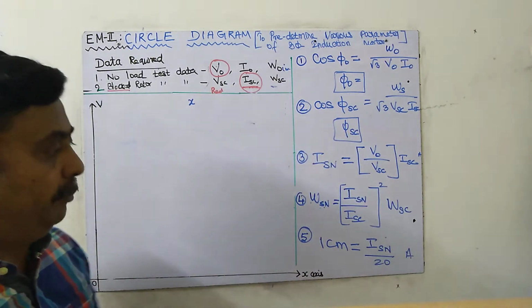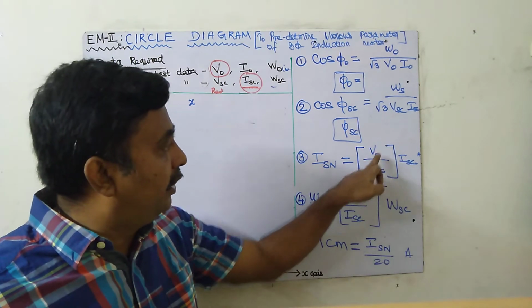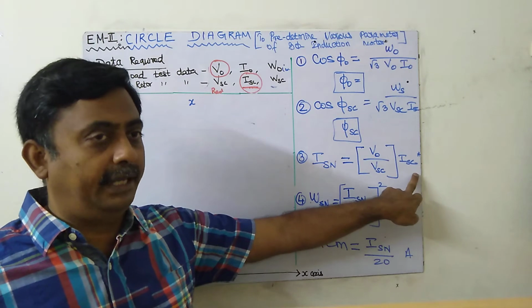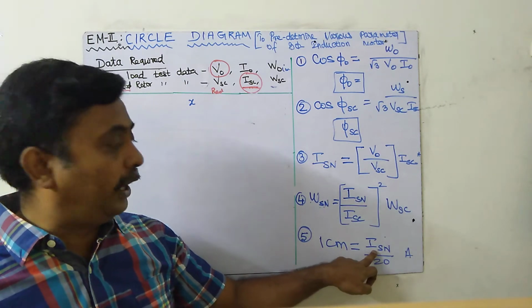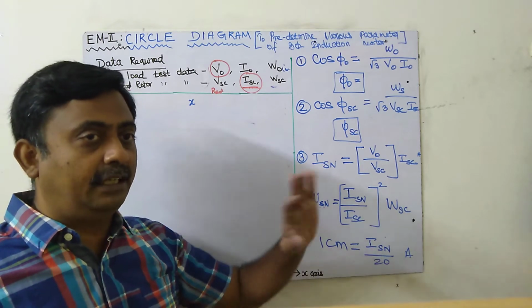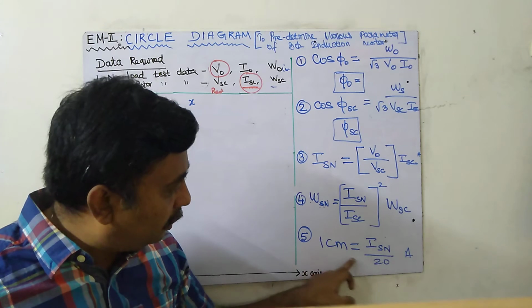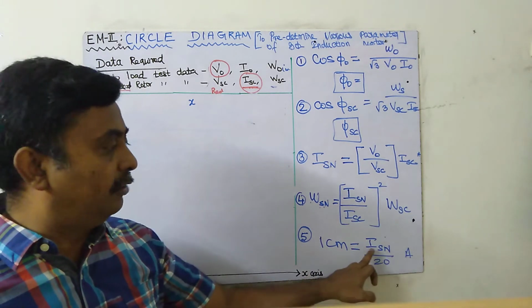Why am I giving the simple way? What is the value of ISN here? It is going to be a larger value because ISN will be, for example, 8 times of the ISC. So it will be the highest value. So I have to draw the line ISN, and this is going to be a very large line. So what is ISN? ISN will be equal to 120 into 1 centimeter equal to 20 centimeter. So ISN will be 20 centimeter.